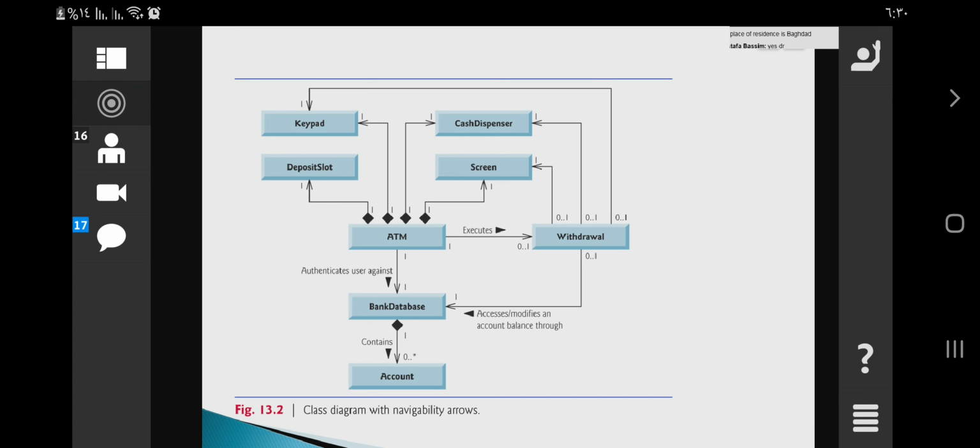So to do its responsibility, the Withdrawal class needs to use the services of these other classes,